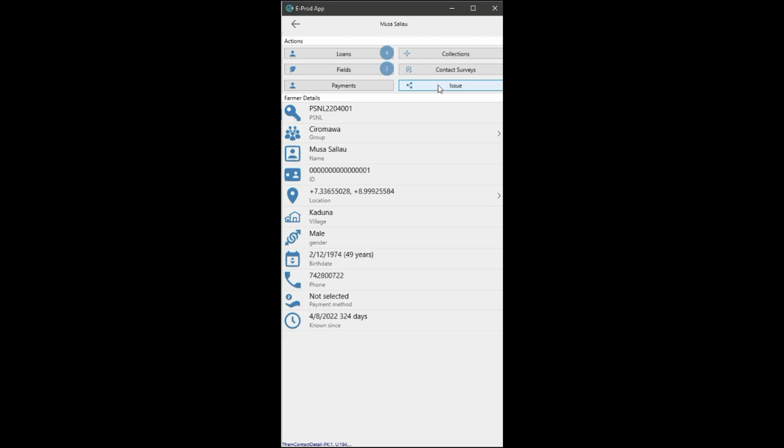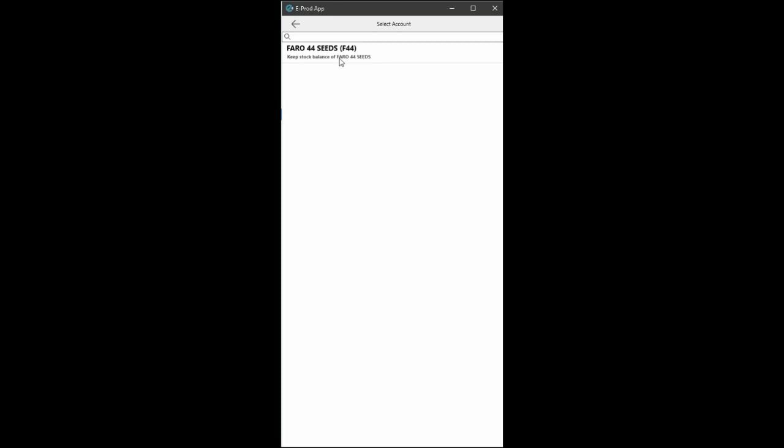Also, I will be showing you how to issue certified Africa Rice seed using the mobile application. So once you open a farmer's profile, you will see icon number 6 or button number 6 written issue. So you click on issue, and then it will show you all the accounts that you have access to. Then you can issue out against